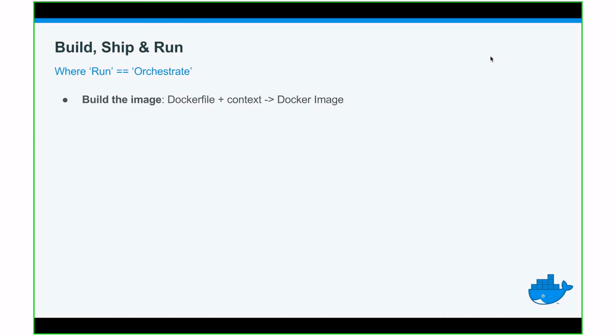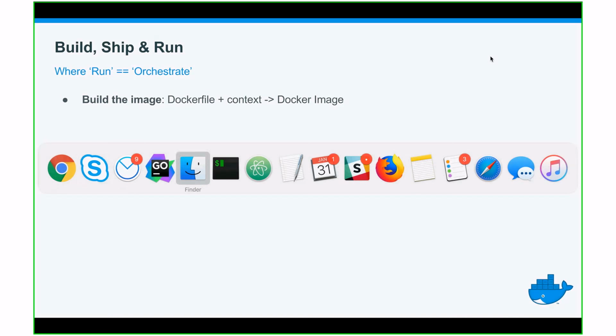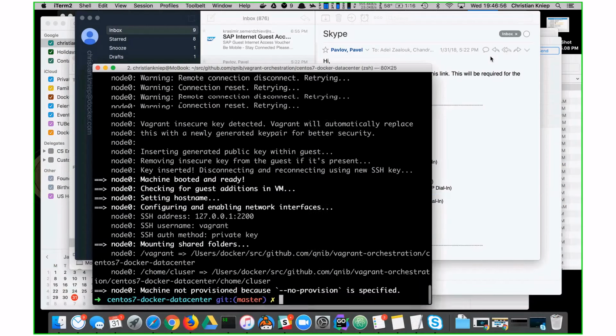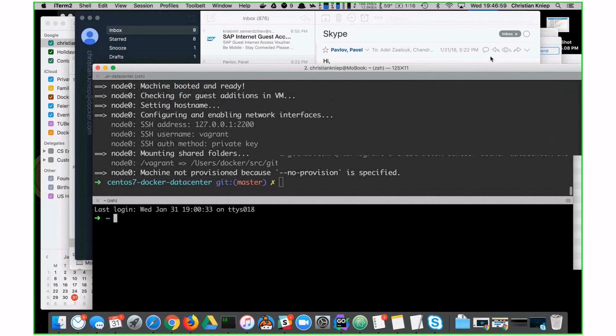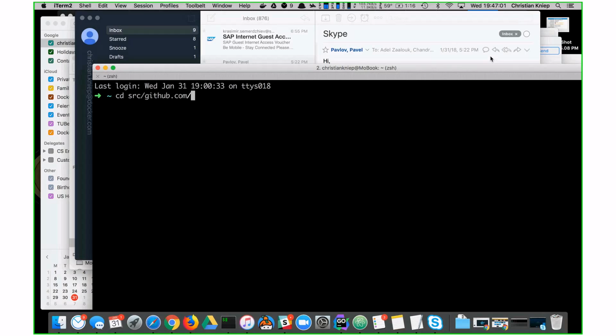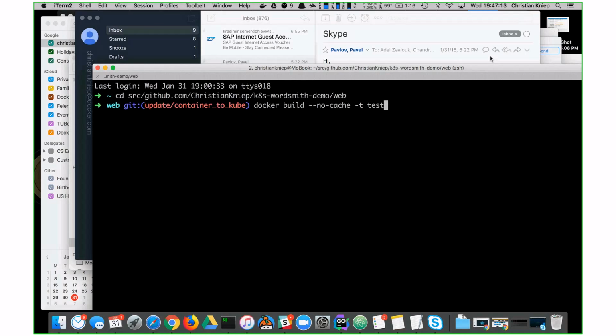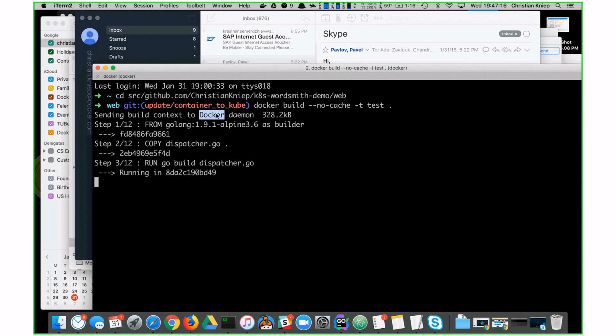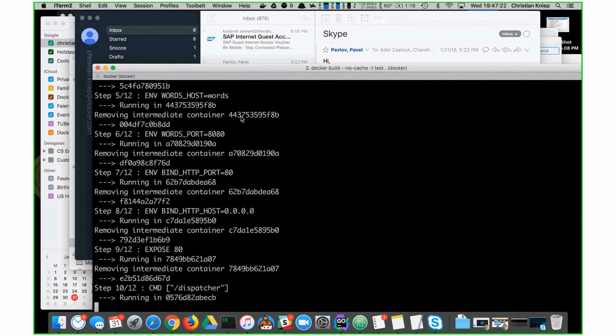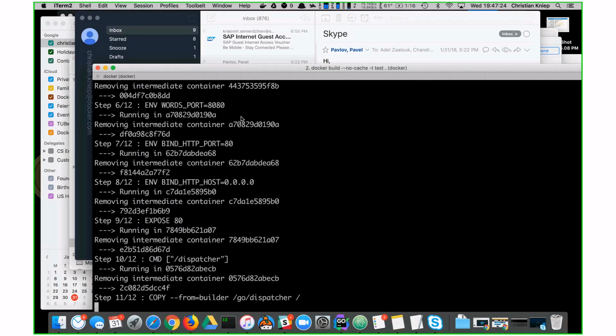You build an image, and you build it with a Dockerfile and a context. Who knows what a context is? I can show you the context. So if I go here in my little example, web, for instance, if I do docker build, then we have this little thing here at the top. And this is just summing up everything that's next to the Dockerfile, so all the files involved, and sending it to the Docker engine to create the image, actually.